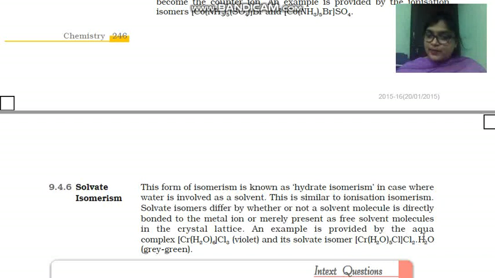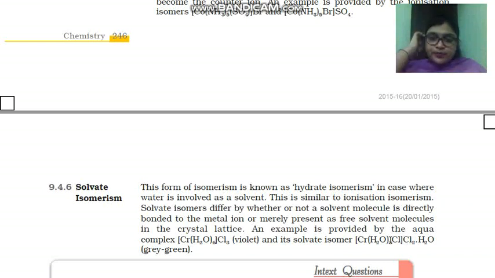Here you can see 5 H2O molecules are there. In order to maintain its coordination number 6, one Cl will come inside. One Cl is coming inside to maintain the coordination number 6. Coordination number means the number of ligands that are ligating to a central metal ion. So in order to maintain the coordination number 6, one Cl will come inside.